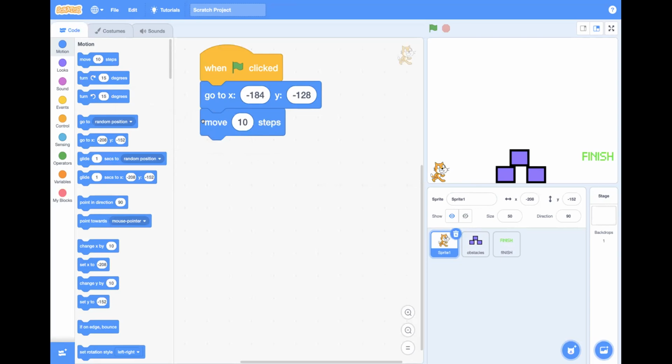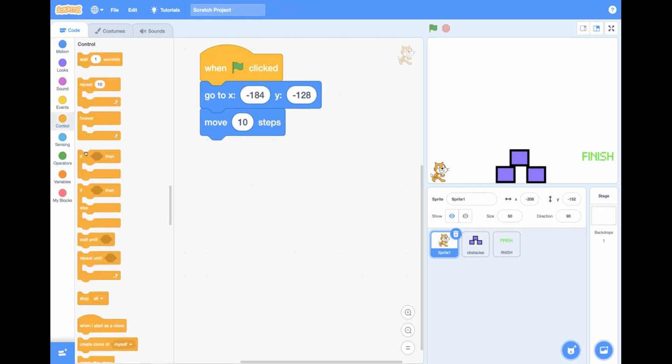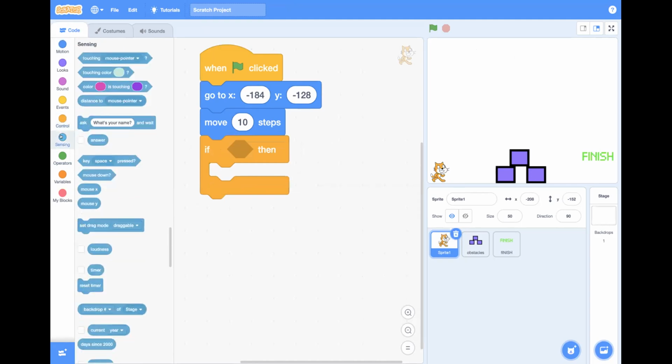10 steps. The next thing we said was, number 4 came first, which is go to that position, then move 10 steps was number 2. Then we went to the decision, which is number 3, checking if touching. So I bring the if touching here. I come to control and look for if. I put it here, and I just want to ask myself if I'm touching color black. So I go to sensing to sense if I'm touching, because this is now a feeling. So if touching